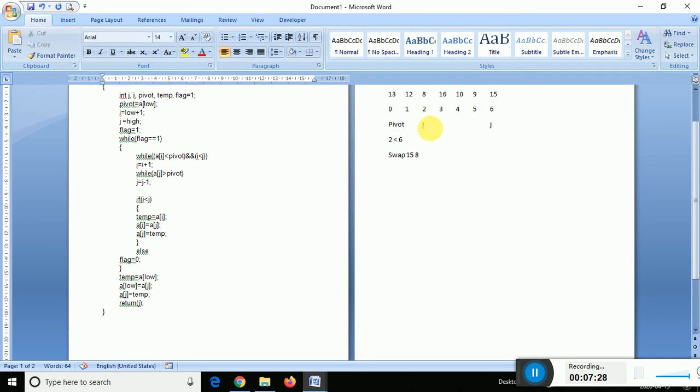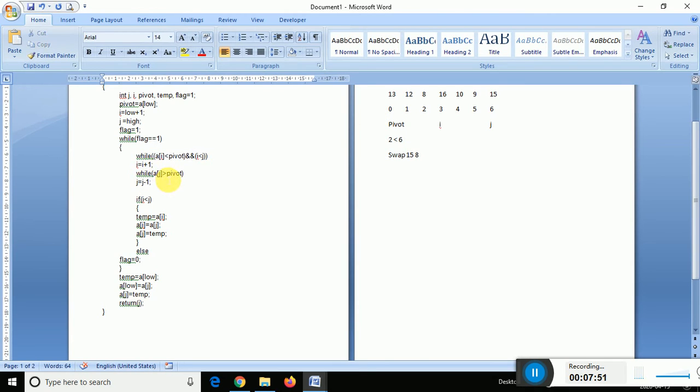Then I will be incremented, and after that again it will check 16 is less than 13. True? No, it is false. So I will stop here only, and after that it will come out of the while loop.